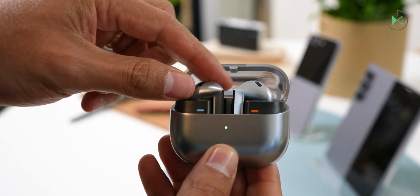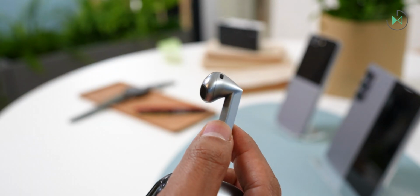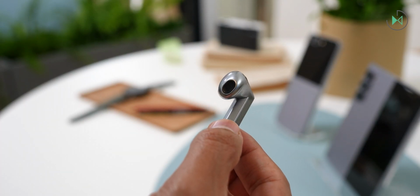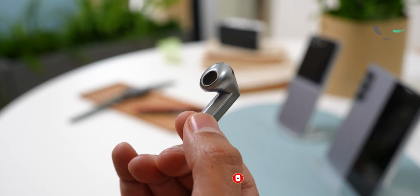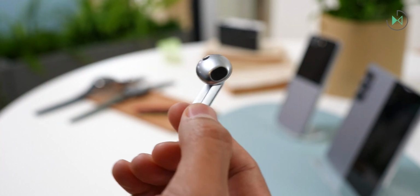This generation, Samsung has completely changed the design of these earbuds, going for something completely different. For starters, the Galaxy Buds 3 will now have an open design, meaning they will not incorporate pads, which for some users is a strange and annoying decision. But I think that for another good group of users, it is a decision they were waiting for, because so